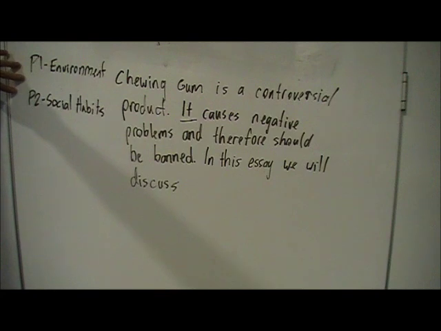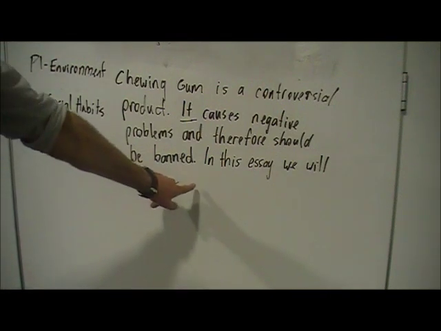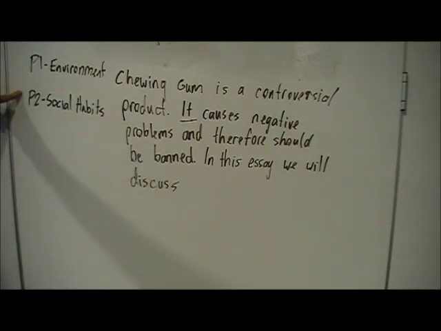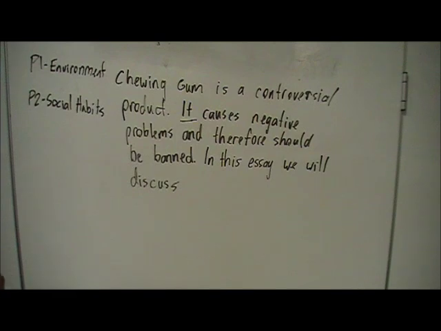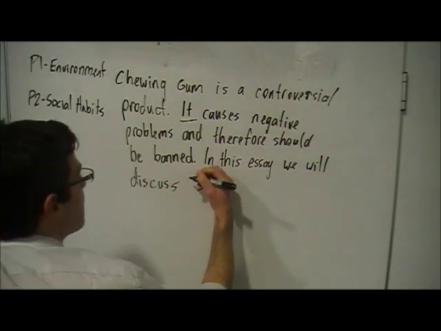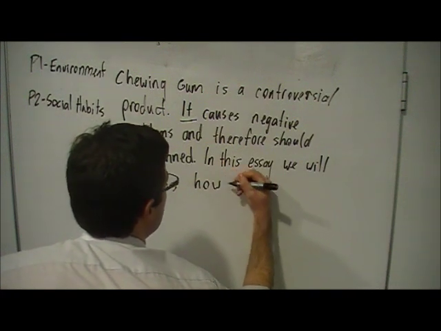And this is where I'm going to actually refer back to on the side here, where I've put what's going to be in each paragraph. In paragraph 1, I've said environment, so it's really important that I'm going to list that first. And paragraph 2, I've said social habits. But I also need to link it all together. So watch what I do. In this essay, we will discuss how chewing gum